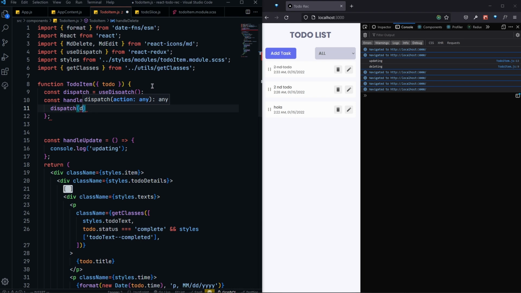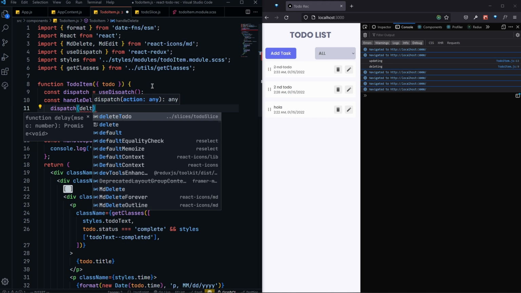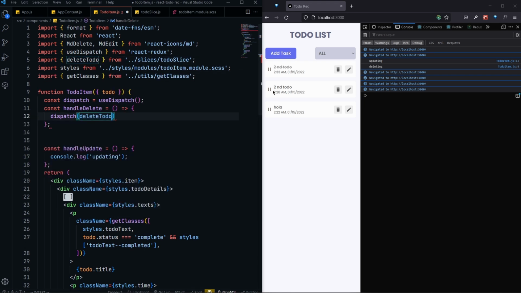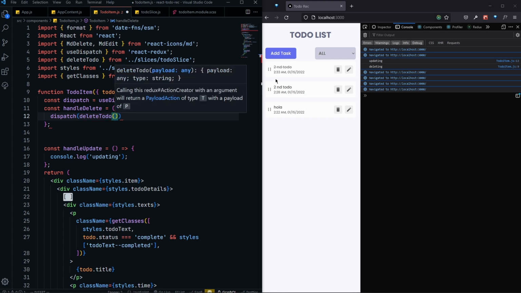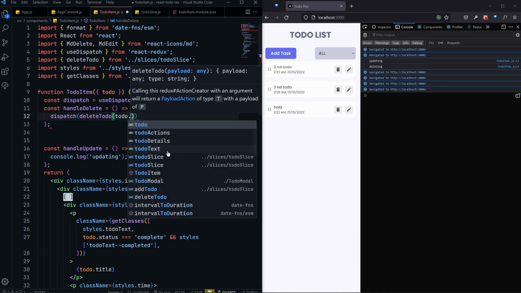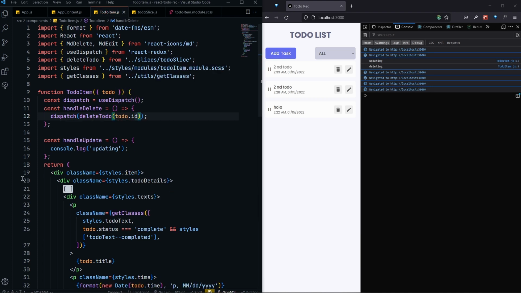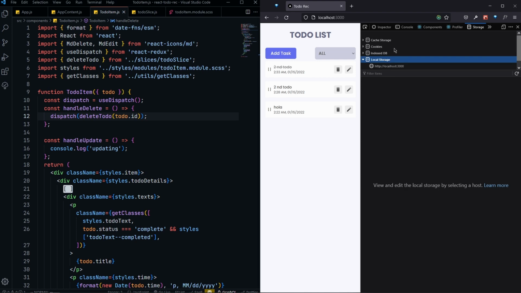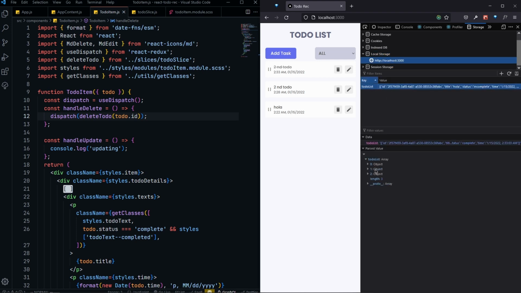Let's say deleteTodo. Let's auto import this deleteTodo from the todo slice, and here we can pass our payload. As I said, the payload will be the ID, so todo.id, and that's it. That's what it will take. Now let's go to our storage and see how it is happening. If I come here in local storage, as you can see, now we have this 3, 0, 1, 2, and if I delete the first one,